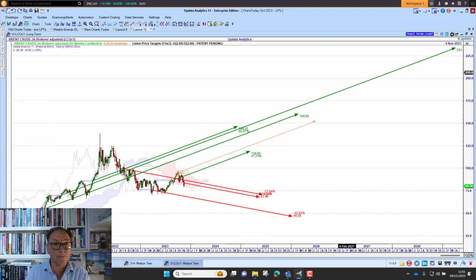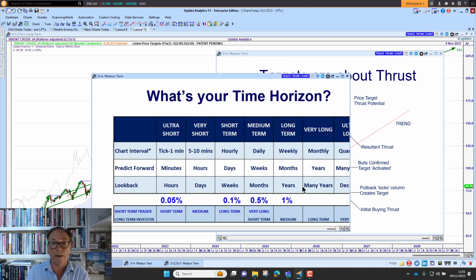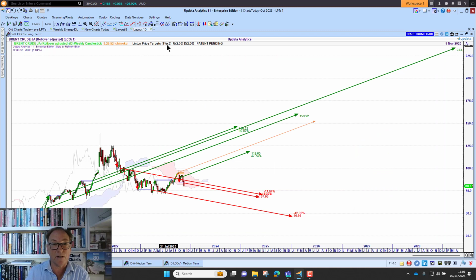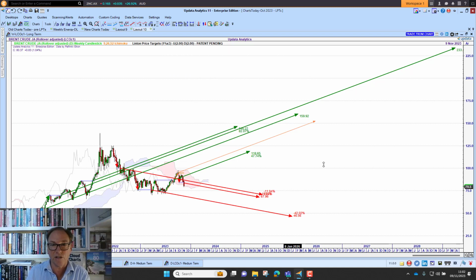And looking at the long-term chart, this is the weekly chart, remembering those percentages I talked about, where you had the 0.5% and 1%. On the weekly chart, I'm using 1% of the price, and you can change all these in the settings here, but that's where the percentage is coming from, because it knows it's a long-term chart, it's a weekly chart. And here we see targets for crude oil to 146, 159, anytime in 2025 at the moment,